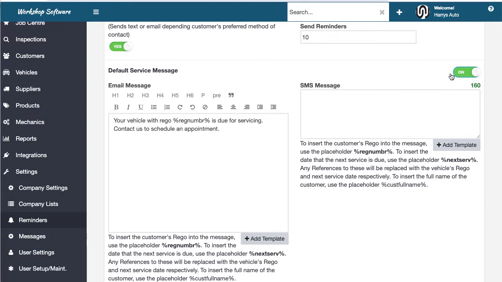So you're going to send the default service, and you would write an SMS message. Your vehicle with registration number, I'm just going to copy that, is due for service on this next service date. Please call,